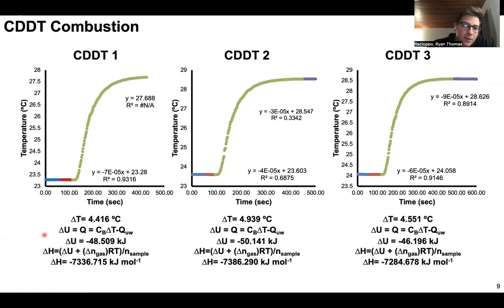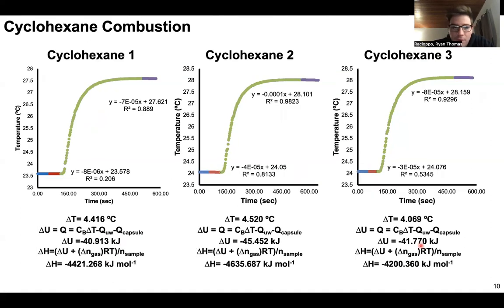And because this is being run at constant volume, we get the change in internal energy, and we can use the state function to basically convert it into an enthalpy, which is actually a really small correction factor. Here we have internal energy, the change in the moles of gas, which comes from stoichiometry, the ideal gas constant, and the temperature that exists basically at a middle point in this green region here, where we're actually seeing a temperature change. And then to get kilojoules per mole, we just divide by the moles of the sample. And so we end up with our delta H values, which the average is what we use for our final